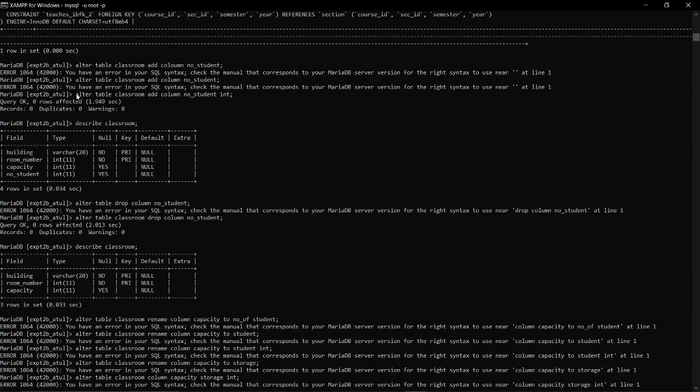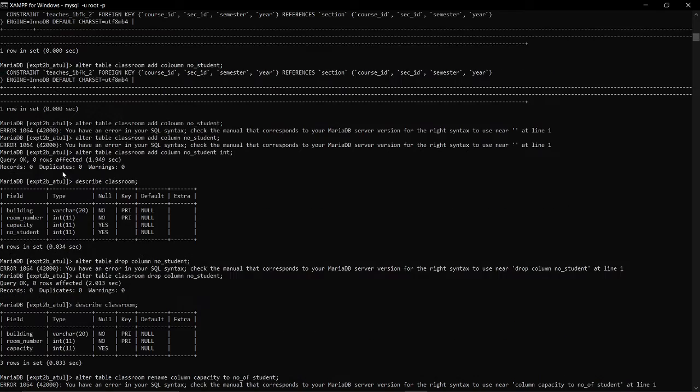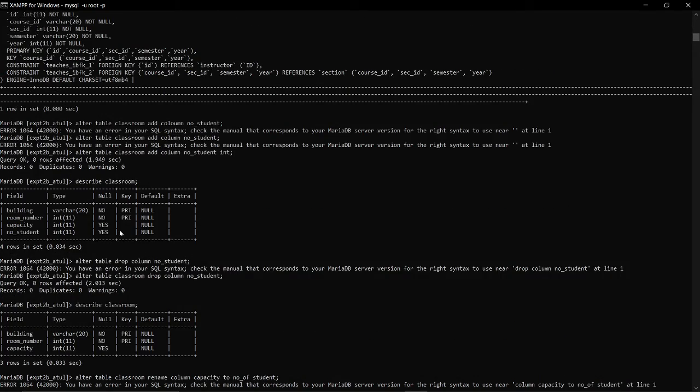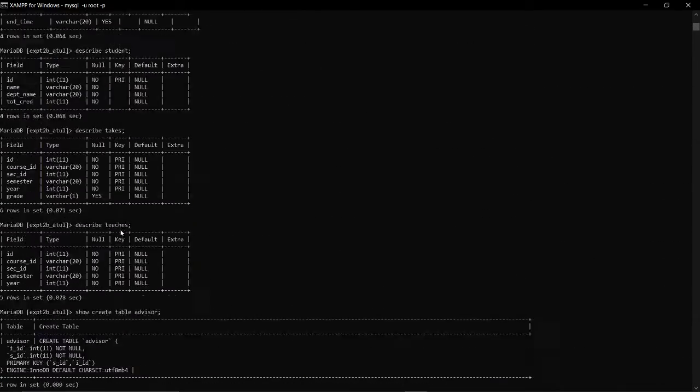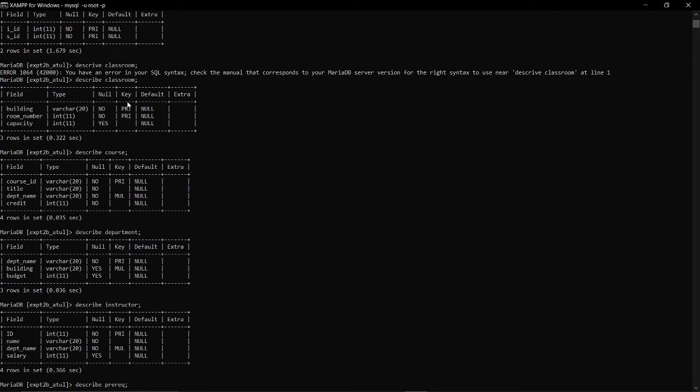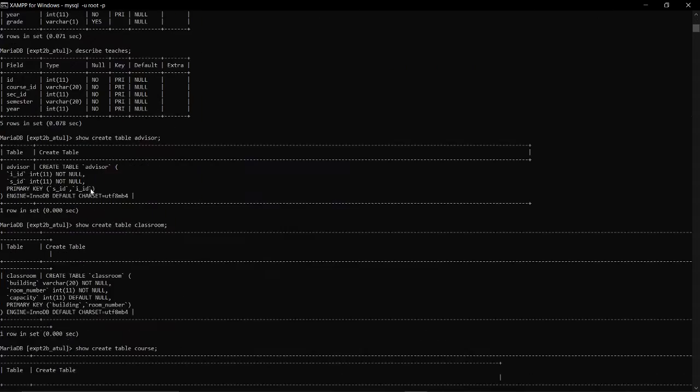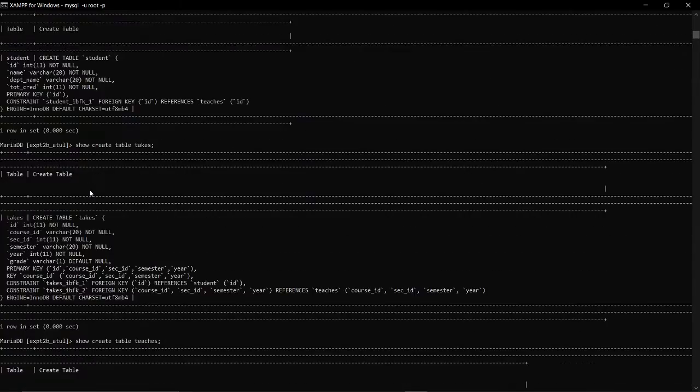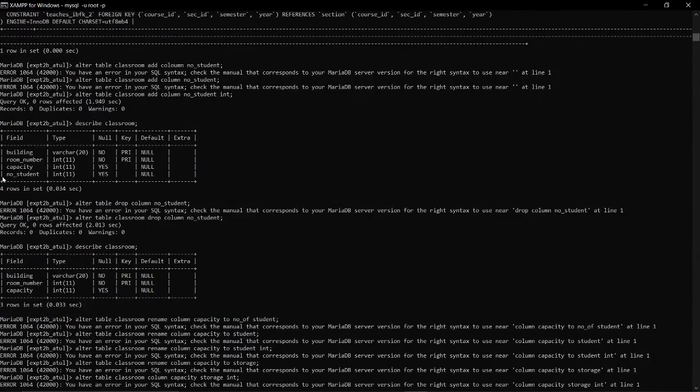Alter table classroom add column number of students int. Previously the classroom table did not have the number of students column. It had only three columns, so I used alter to add one column, number of students, int.